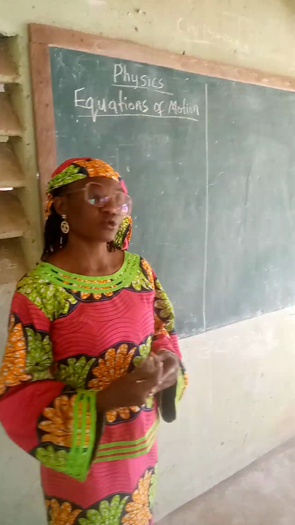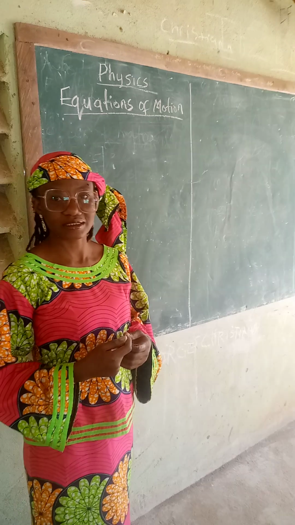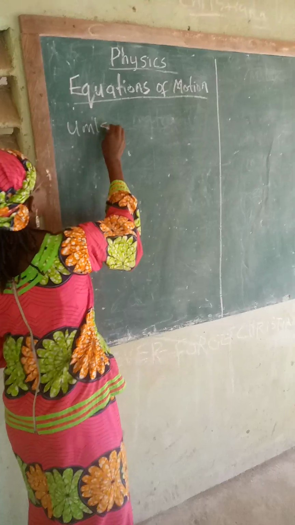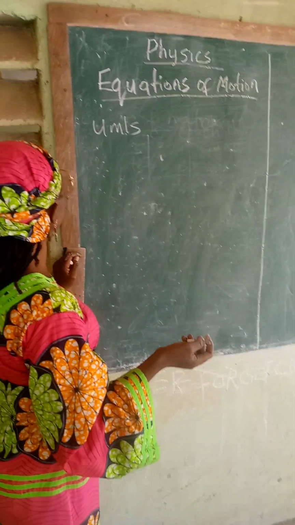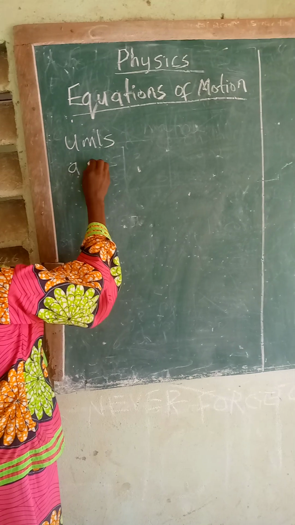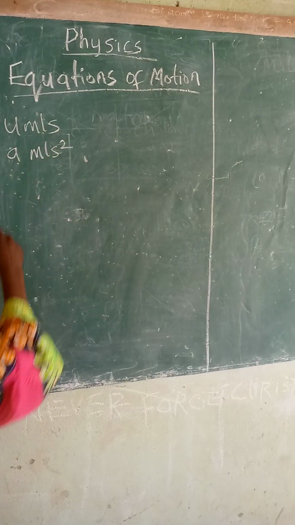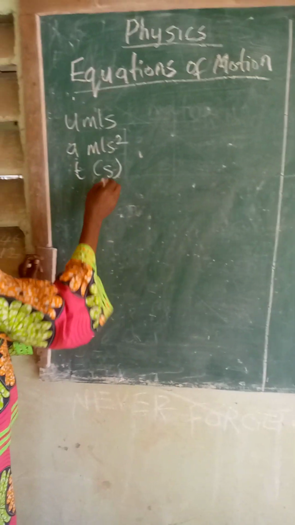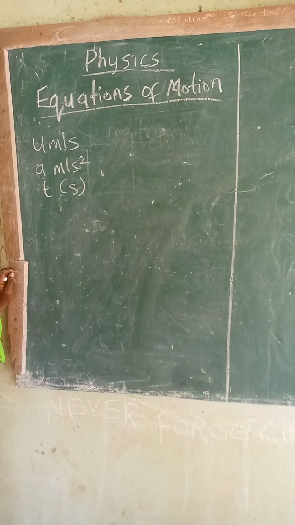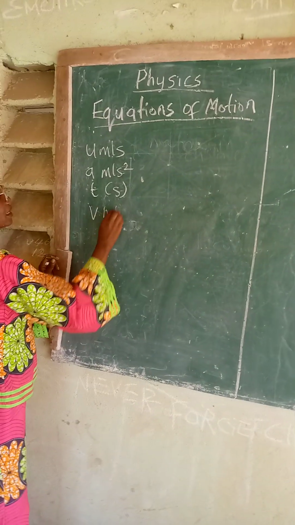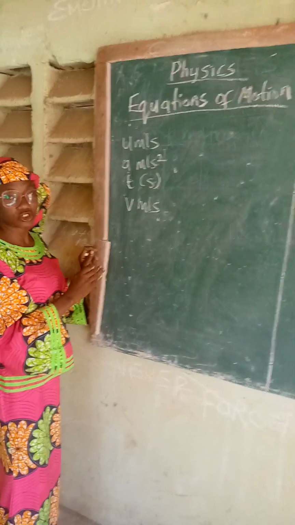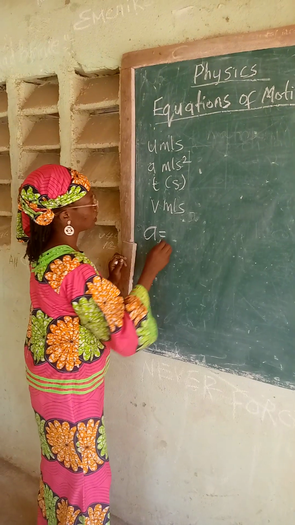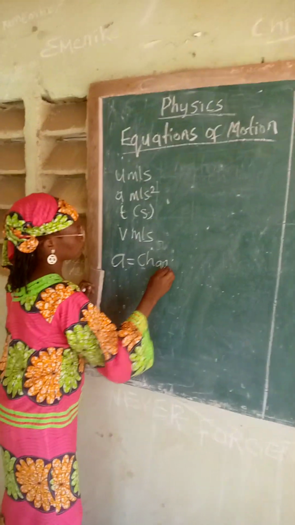Now let's assume a body moving from rest with a velocity u in meter per second accelerates suddenly with acceleration a in meter per second squared, at a particular time t in seconds. Then it reaches a final velocity v in meter per second. Now with all this information, we can then say that our acceleration is equal to change in velocity